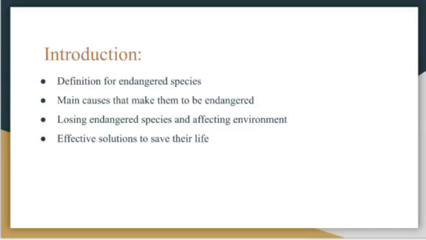Introduction. An endangered species is a species that is very likely to become extinct in the near future. Those species may be at risk due to factors such as habitat loss, pollution, and overhunting. Each species on Earth has its own importance to a specific ecosystem. In a way, if one species in the food web ceases to exist, one or more members in the rest of the chain could cease to exist too.